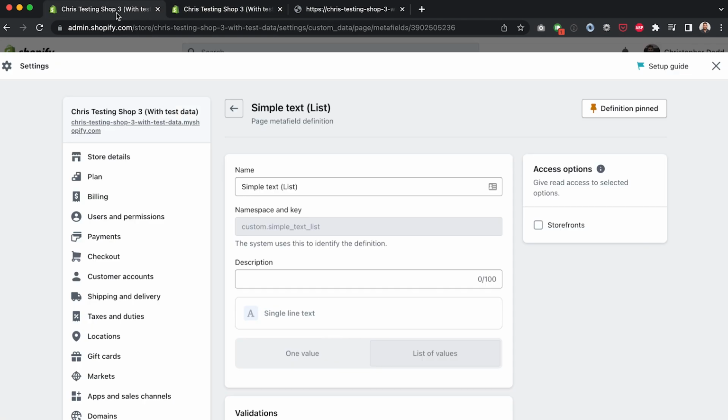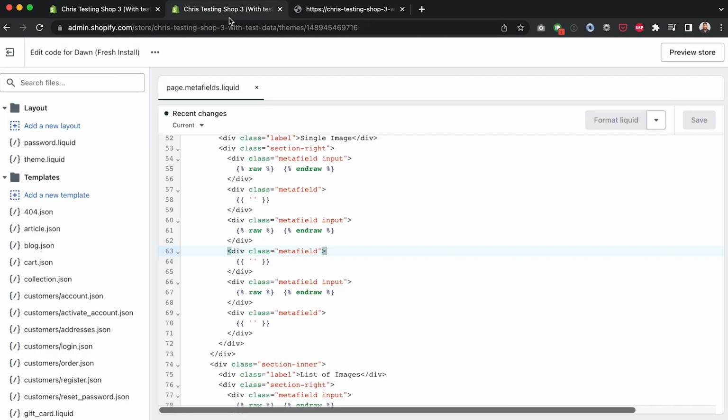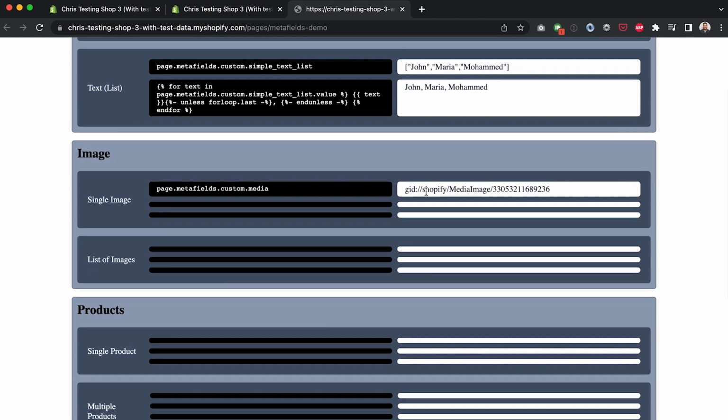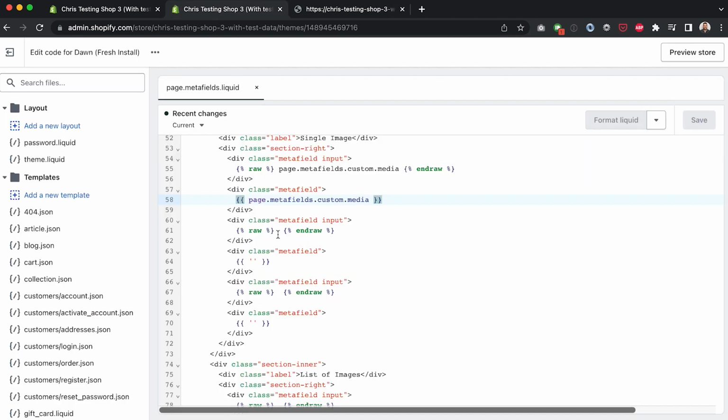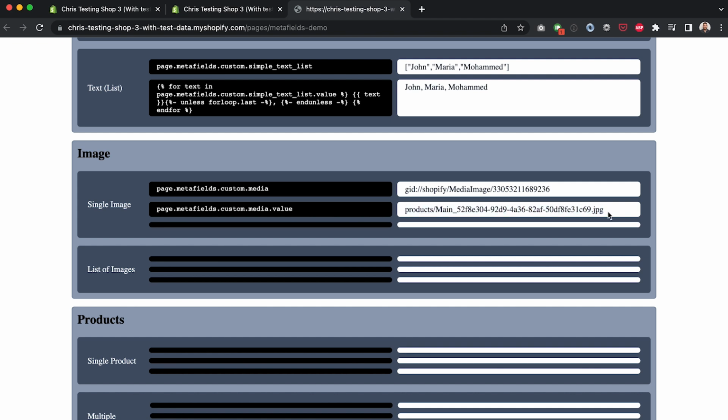Okay, now let's move on to images. So again, let's look at the value without value. So if I just bring this into my code up here, and then replace these quotes, and then I'll hit save on that. Let's have a look at what happens. You can see we get this GID, which gives us the sort of back-end reference to the media or image, but it's not particularly helpful in this instance. So this is where we need to put in the value. So I'm going to chain dot value to the end,